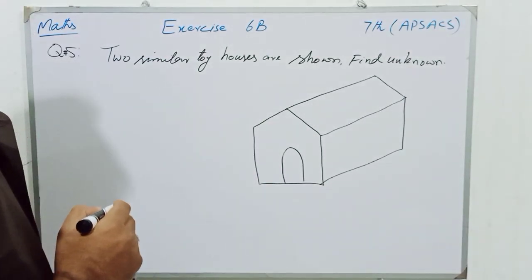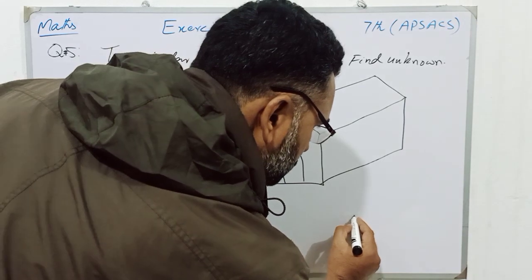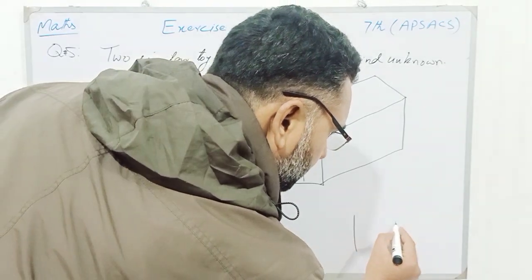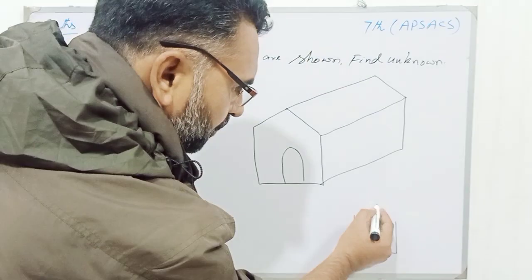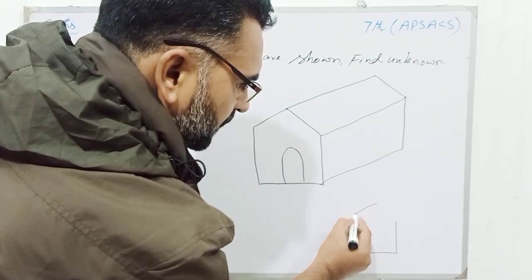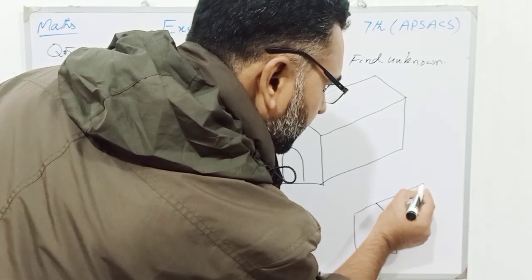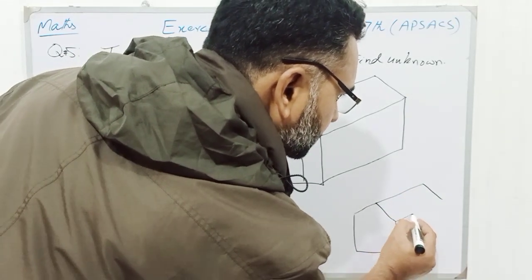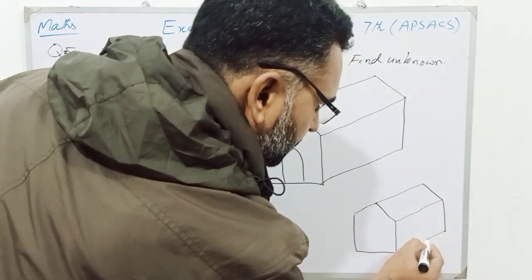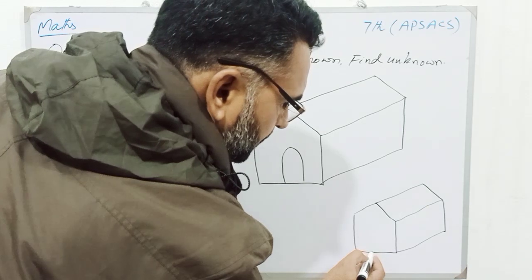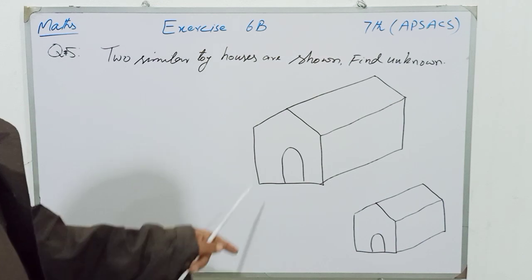So students, it is the larger house, and now I am going to draw the smaller house, but both are similar. Again draw two parallel lines, and then take a point in the middle and join this point with the end point, and then draw this line, and then this way, and then join it, and then draw a parallel line, and then join it with this point. And students, here we will draw the door, and now I will put the values of all the things.